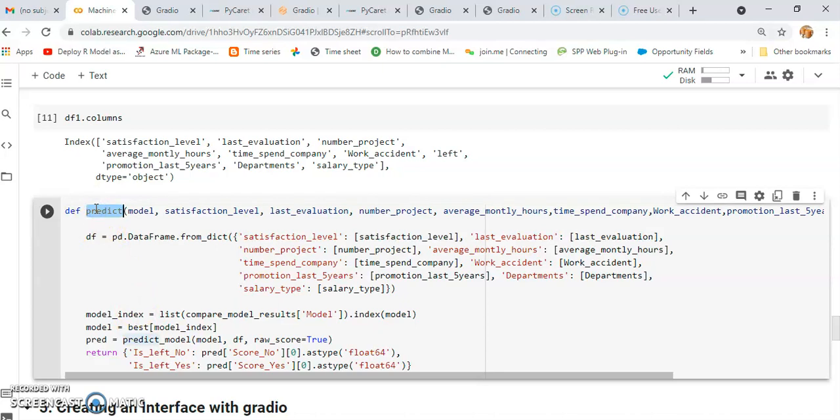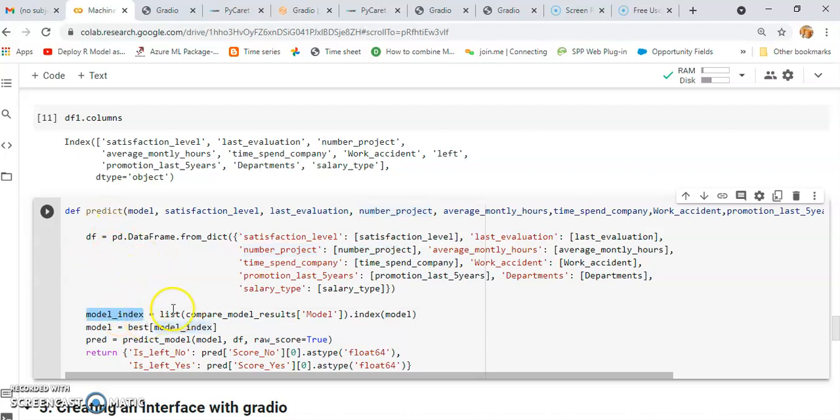If you know the predict function, we need to build a prediction function with a model, a fit function, and a data frame. So I just created here the function with model and data frame, the supportive columns of that train parameter. So df = pd.DataFrame, this is from Pandas. Then I set data frame satisfaction_level same as our df1, with the value from the satisfaction level in df1. Then last_evaluation equals last_evaluation, number_project equals number_project. So basically I am just creating a sample data frame for the predict function.